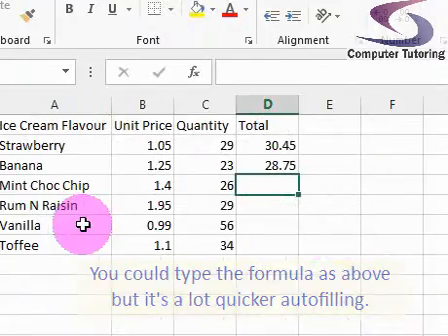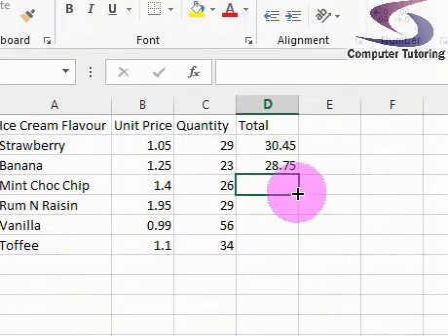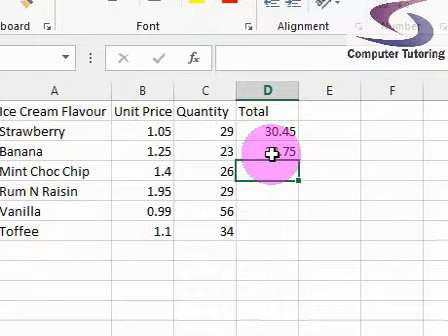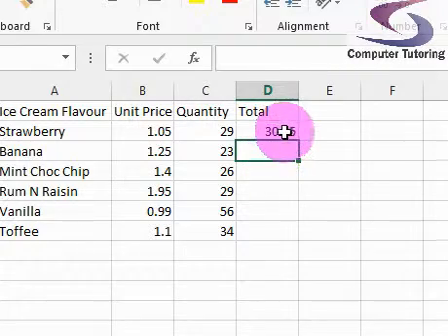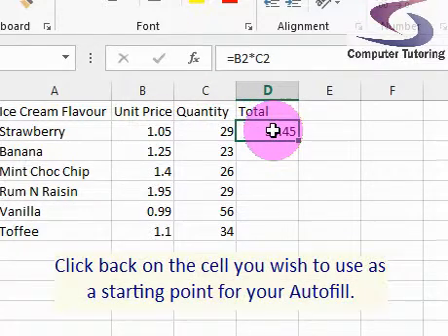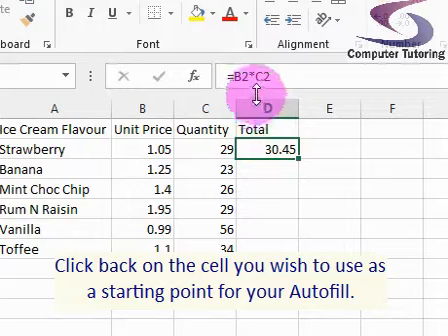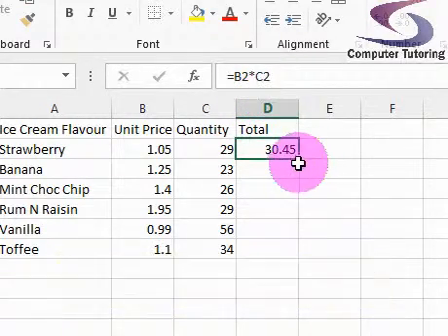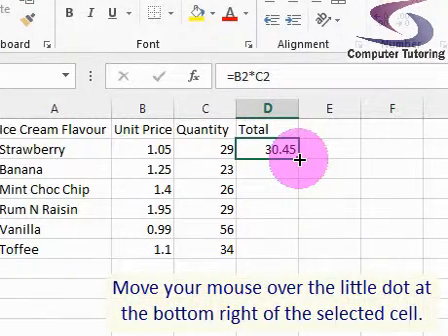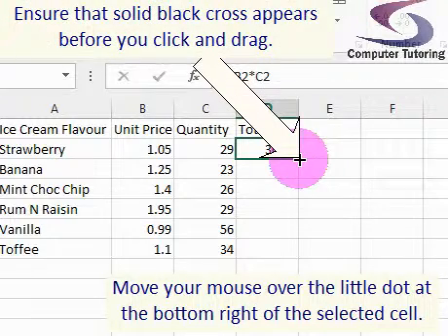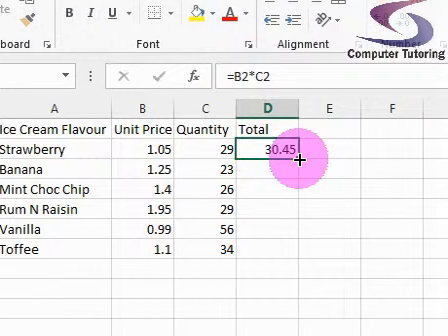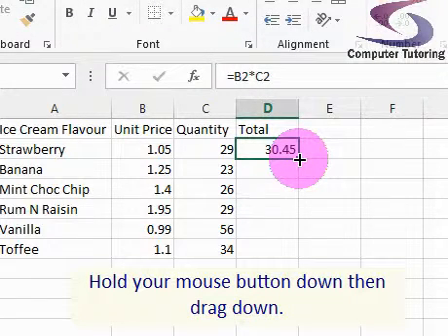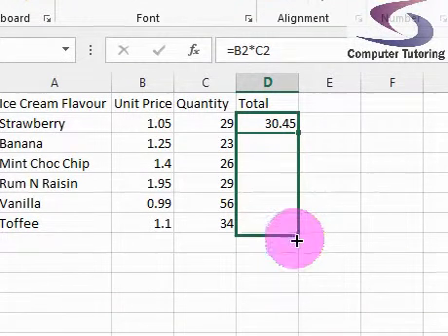instead of doing it that way, what I can do is go and use this little dot here. Let me just show you how it's done. Firstly, I'm just going to delete that by clicking on the cell and pressing delete on the keyboard. Firstly, I'll go back to the cell with the formula in I want to autofill. So this is the B2 times C2. I then hover over the black dot. And it's important to note that before you start autofilling, you see a little black cross in the bottom right hand corner. You then click and hold your mouse button down and then drag down to the bottom and